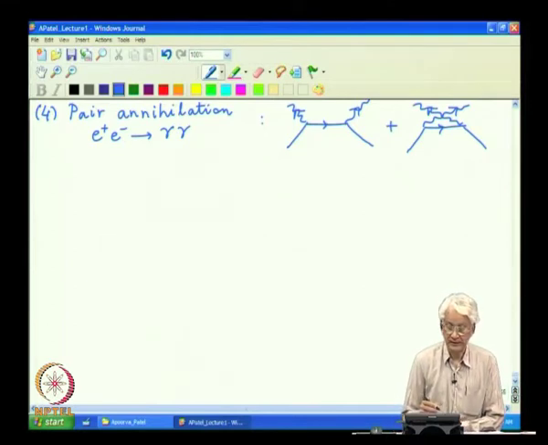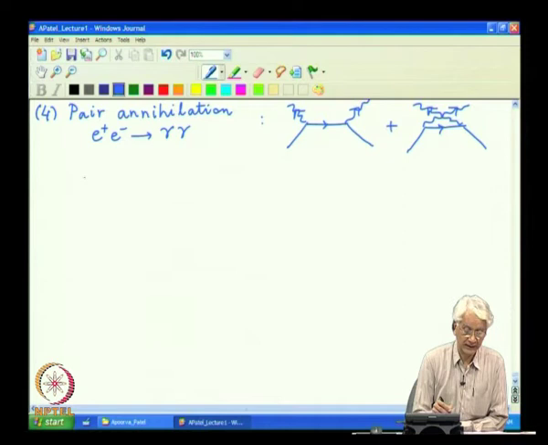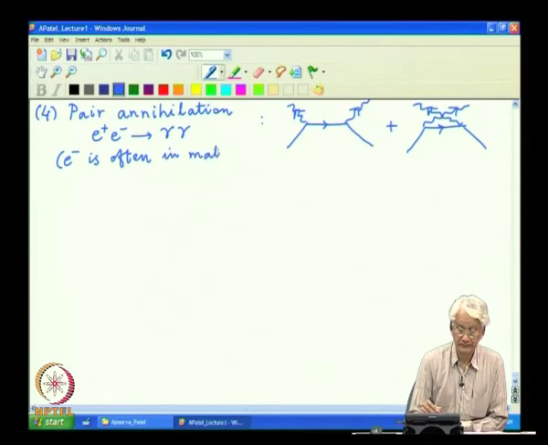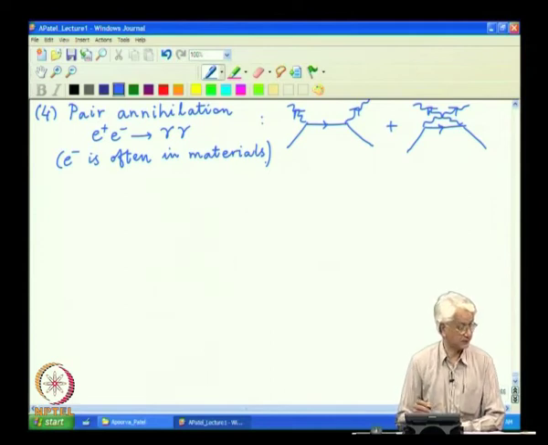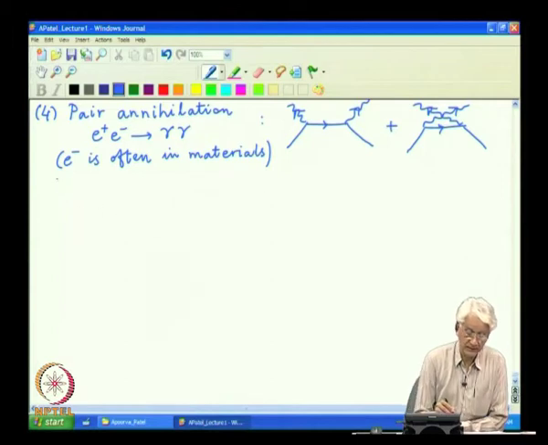So, this often occurs, many times it occurs in materials where positron is coming from outside, but the electron is taken up from an atom. So, E minus is often in some material, but it is a well known process which can be described by these two different orderings, and when the cross section is calculated,